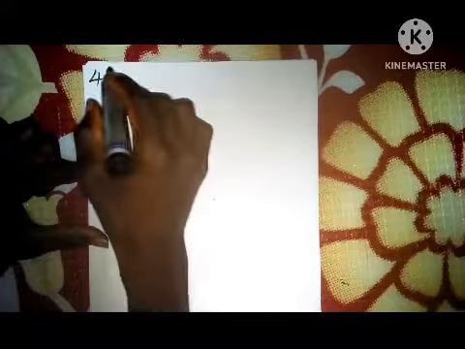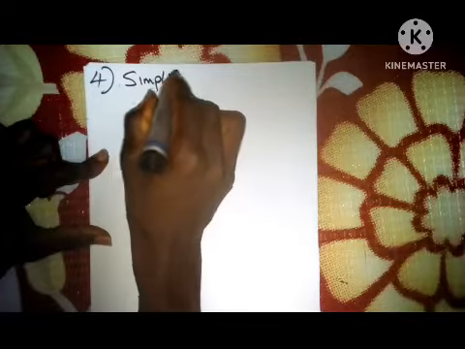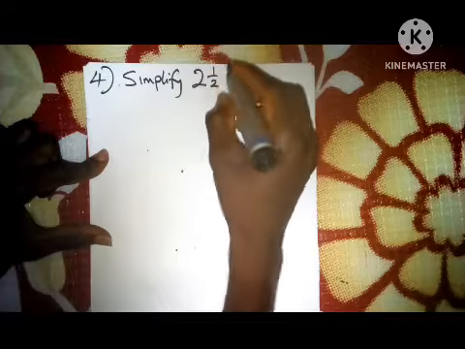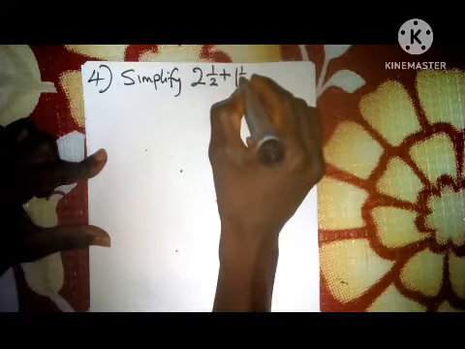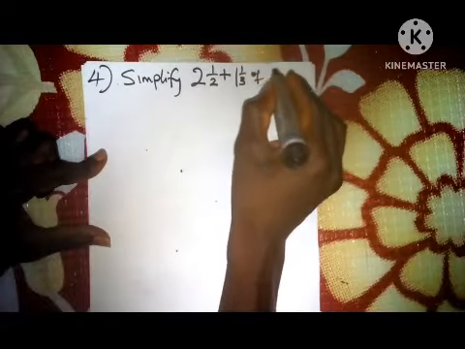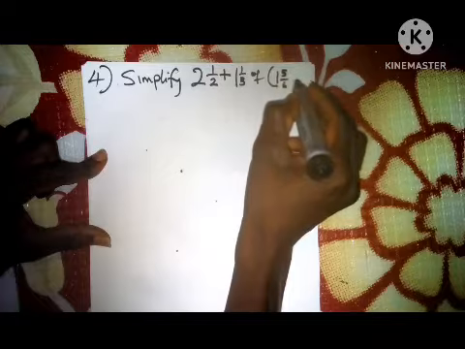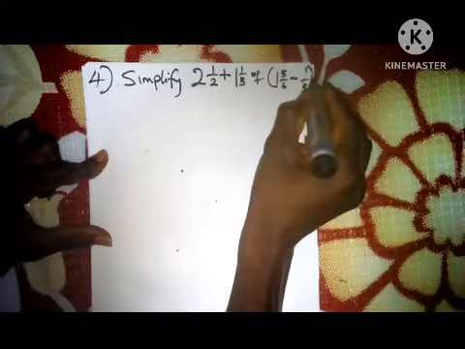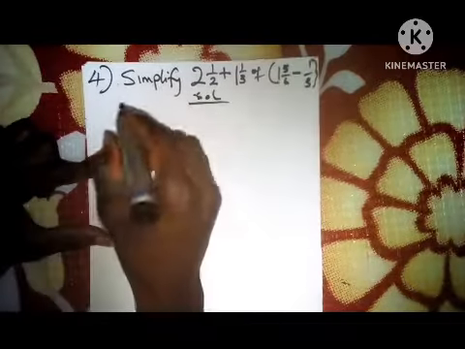Number 4 question. You say simplify 2 whole number 1 over 2 plus 1 whole number 1 over 3 of bracket open 1 whole number 5 over 6 minus 1 over 3. Alright, solution. Please follow the steps. And we have